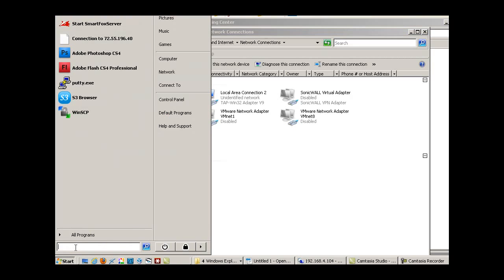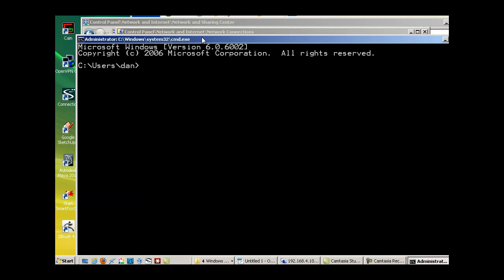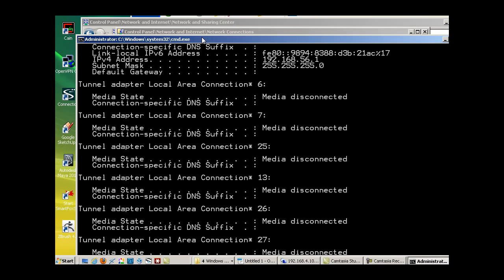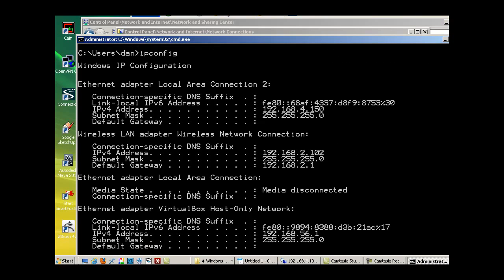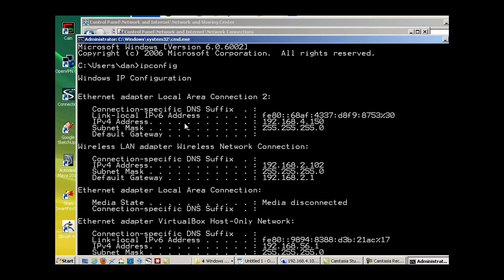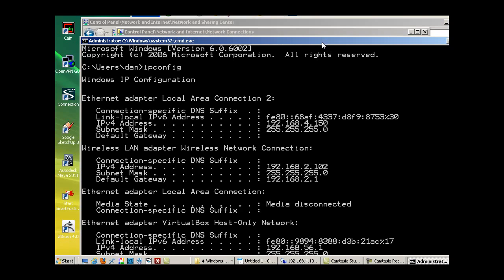Let's run an ipconfig. We'll open up a command prompt and run an ipconfig, and you can see you get a lot more information with all those different network adapters. And you can see there's my IP address showing up. Let's see here. Ethernet. It's disconnected. There it is right here: Ethernet adapter Local Area Connection, media disconnected. So it didn't even show us the IP address. But there's my wireless, and my wireless shows an IP address and shows a gateway. And even though there's a lot more information here,